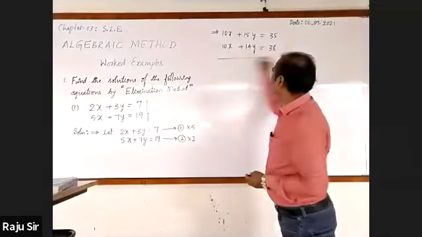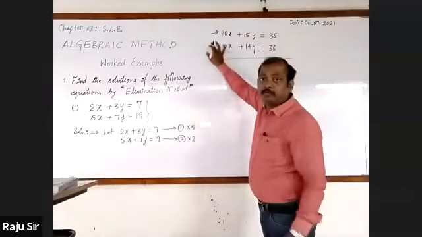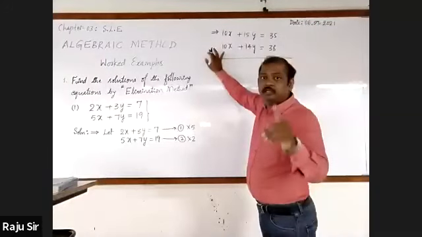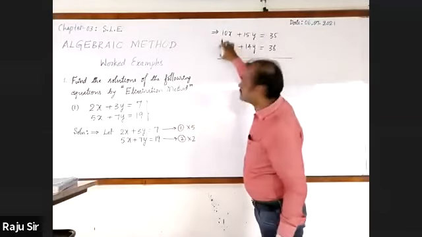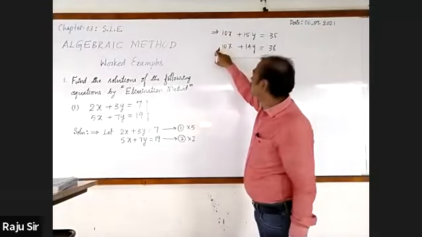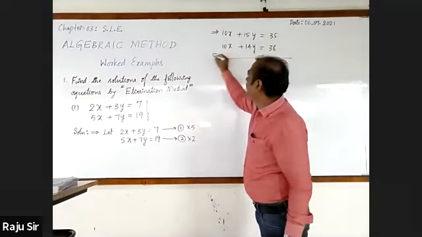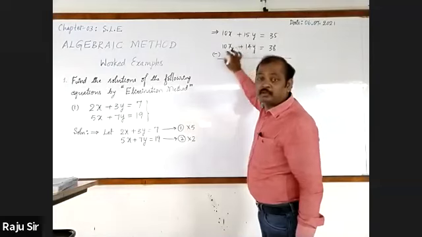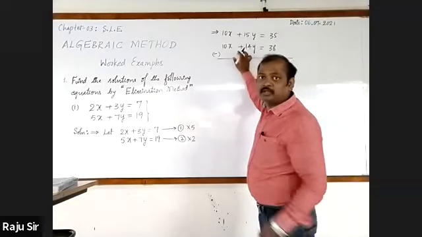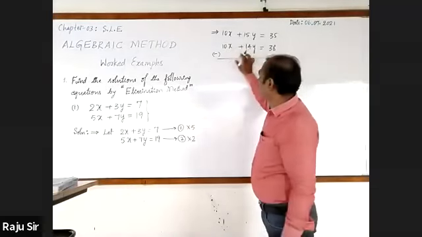Let us go for changing the sign. Listen here, if opposite signs are there, you need not change. If only the same signs are there, then you have to change. Here plus is there, write minus. Please leave one line for writing the sign, whatever sign you are going to change. For that, you have to leave the line.